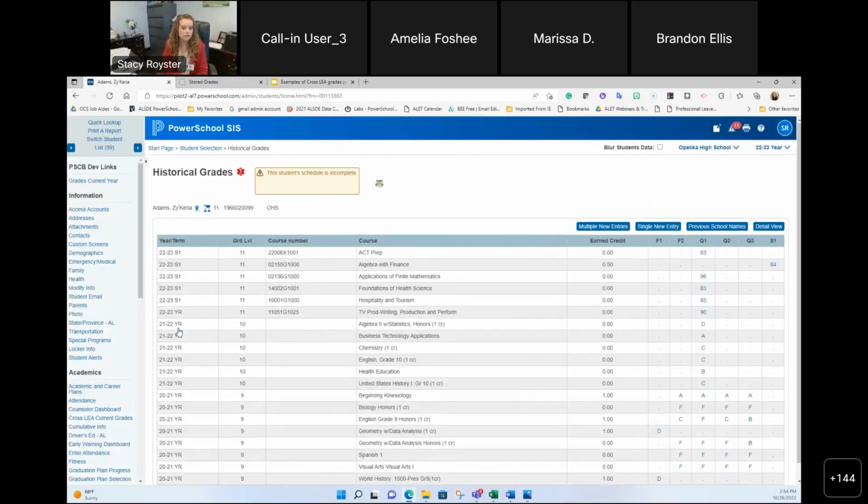So if you're using a filler class, let's pretend that I actually put an Algebra with Finance class on this student's schedule. Well, when you stored grades, did it still store null grades for those because teachers didn't enter anything? Probably so, unless you marked it to not store grades for those courses, which means you probably had an 84 right into an S1 column here and then dashes throughout here. My advice to you is if you do end up storing those, just go in and delete those filler classes off the historical grades record,